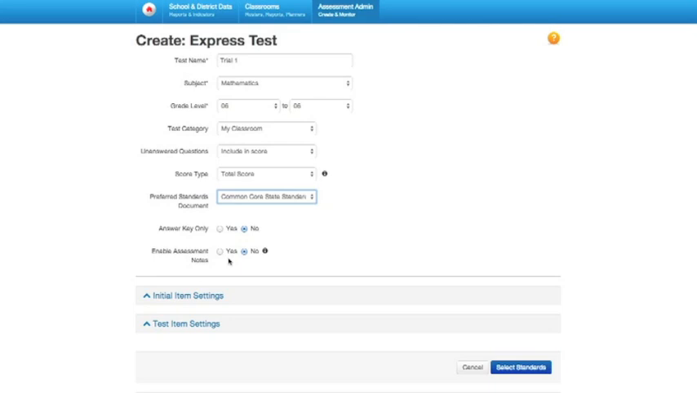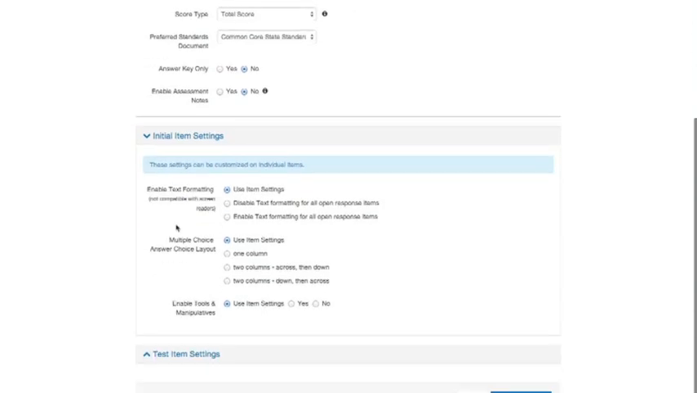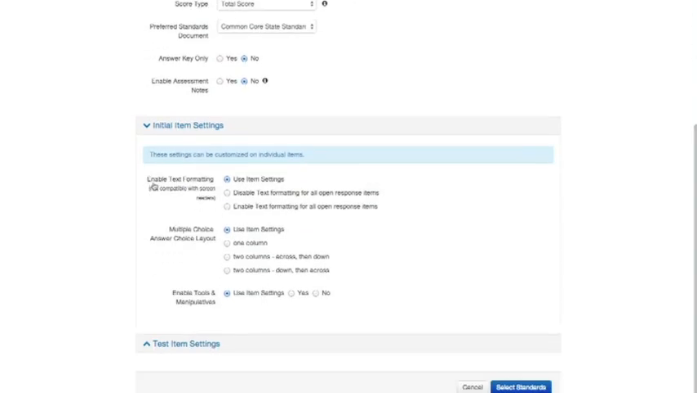And finally, there's an option now to enable your assessment notes, which allows you or an administrator to add notes on how well the assessment worked and how effective it was, and any type of notes that you want to put in there. Okay, once we've done that, we go to our initial item settings where it says enable text